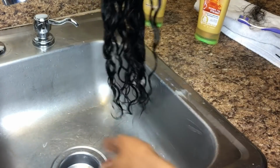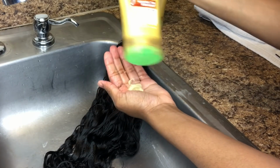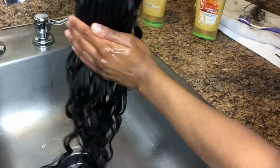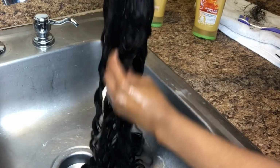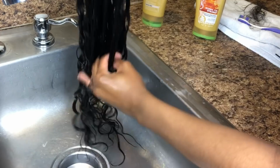Okay, so I have this little trick that I do. I put a little bit more conditioner in the hair, and then I just rub it all through the hair, and then I actually let it air dry. So I leave the conditioner in, and this just helps it not to be frizzy and all that, and it keeps the hair smelling great. So that's like a little trick that I do with curly hair extensions only. Alright, so let's get